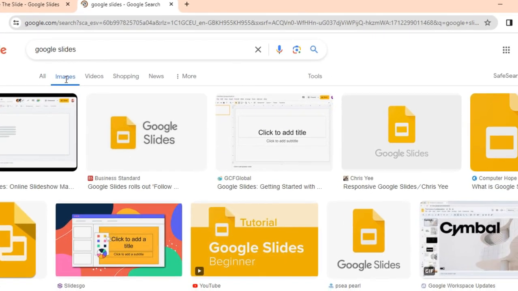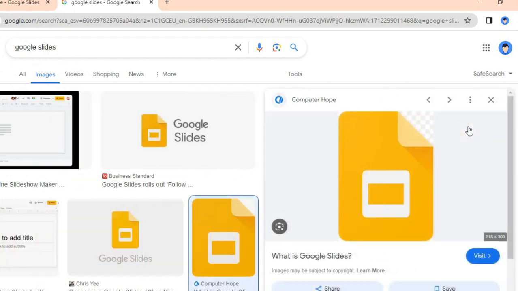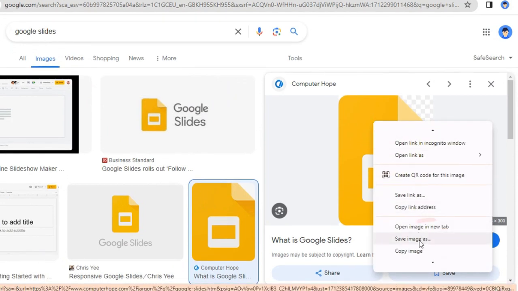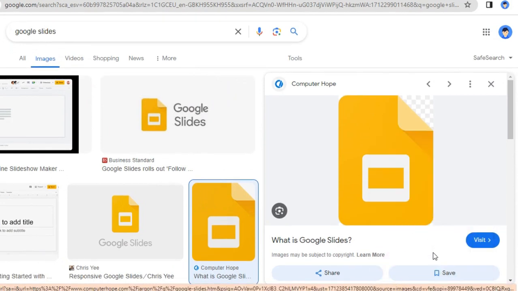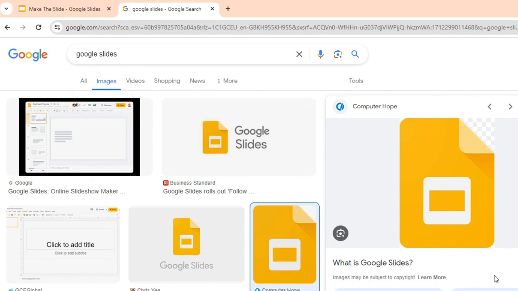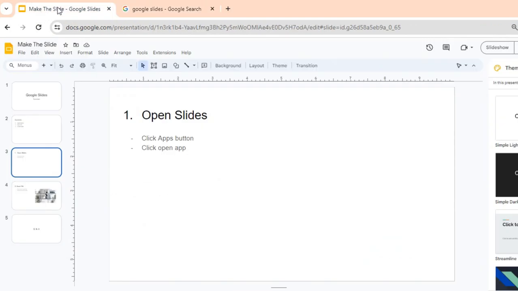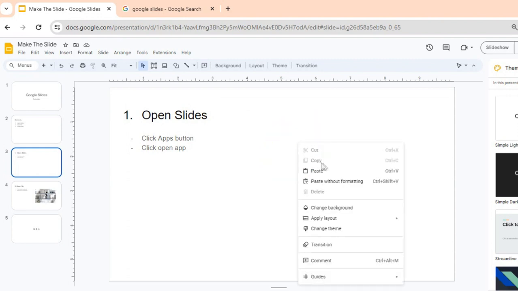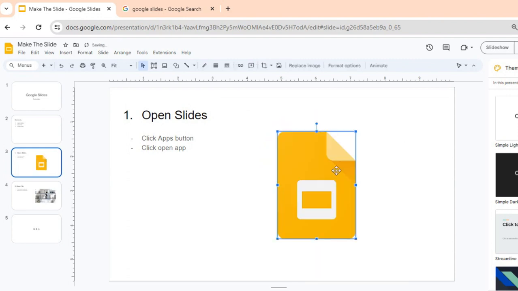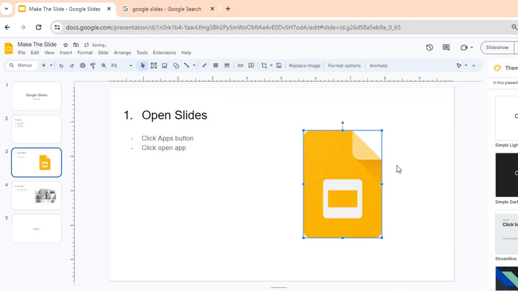Click on Picture. Right-click. Choose Copy Image. Back to Slides. And right-click. After, click on the Paste option. If you want to resize a picture, you just click on this button and